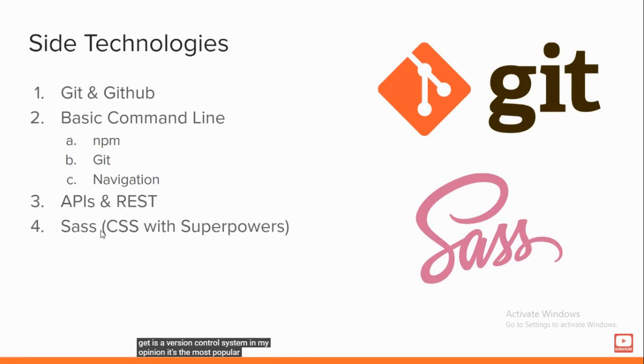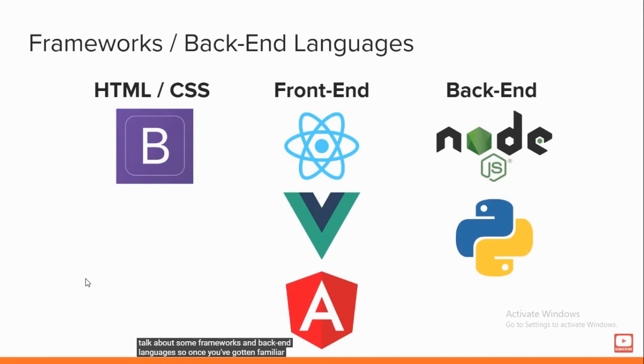Okay, and CSS, SASS is like a library. Okay, SASS is like a library, which is also known as CSS with superpowers. Why? Because it will have some advanced features, so advanced styling and so on. So if we want to develop a really good design in our website, we can use SASS. Okay, and these are the frameworks.